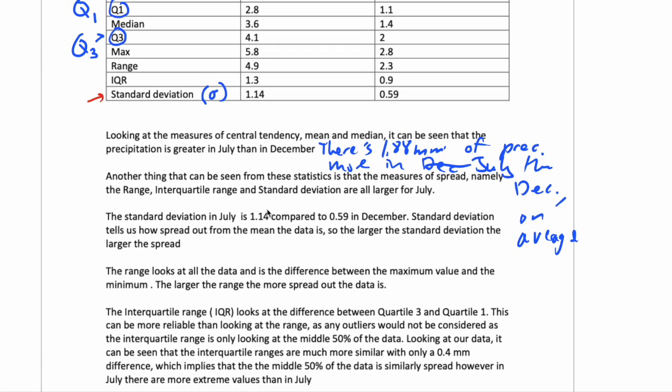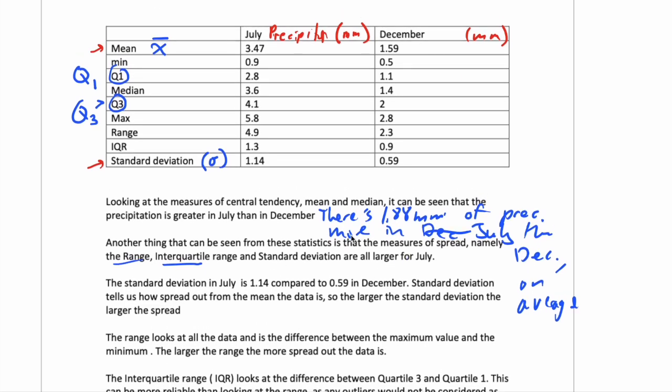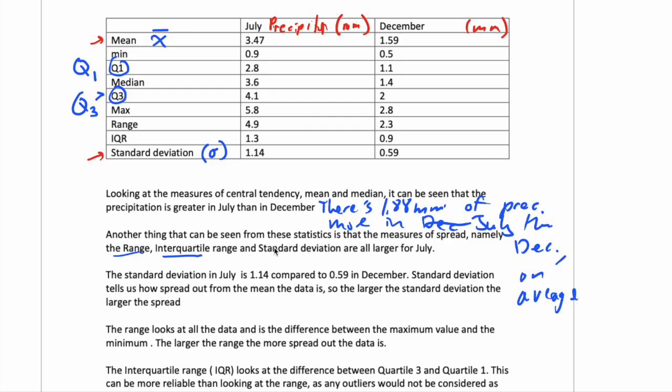Okay, you compare the interquartile range and the range. They're larger for July. That means you could probably be more specific in saying that July precipitation is more spread out, or less consistent, maybe. Less consistent. Another way to say that is it varies from year to year.